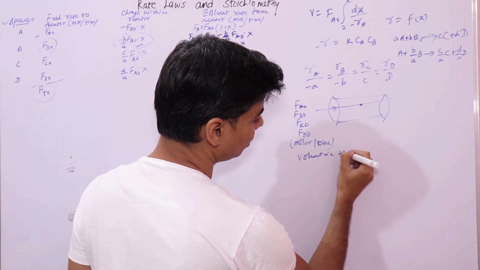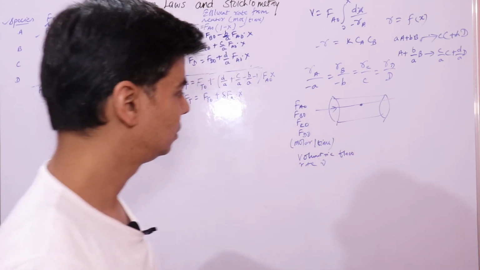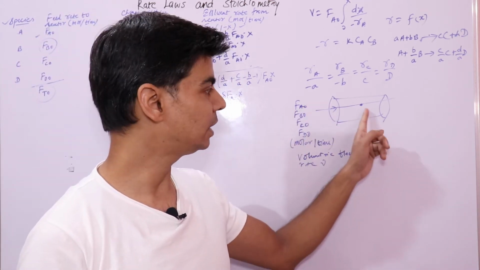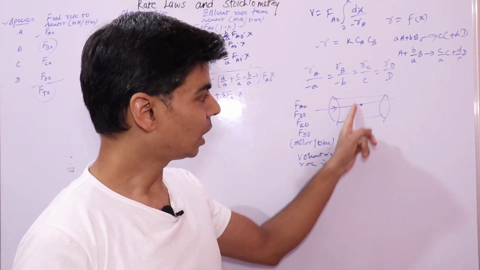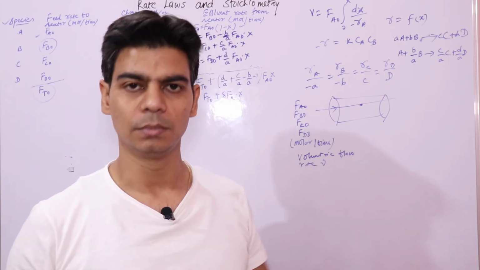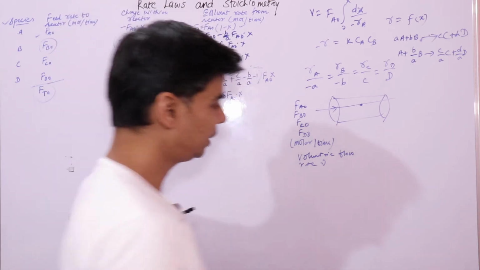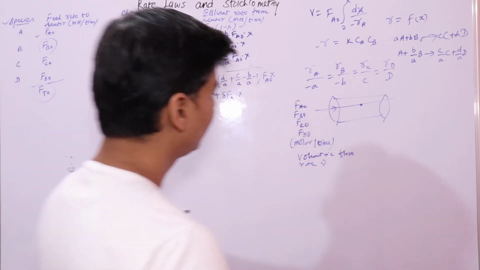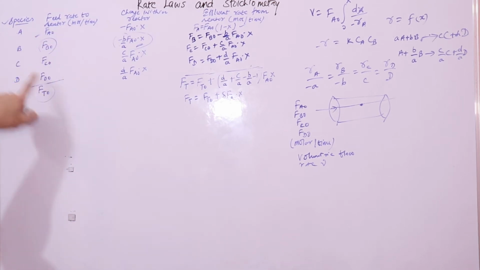Volumetric flow rate is denoted by nu. Molar flow rate is how many moles are flowing at any point, and volumetric flow rate is what volume is flowing at any point. And when we talk about rate, that means we are comparing it with time. So this is the initial feed rate of reactants and products that is passed into the reactor.